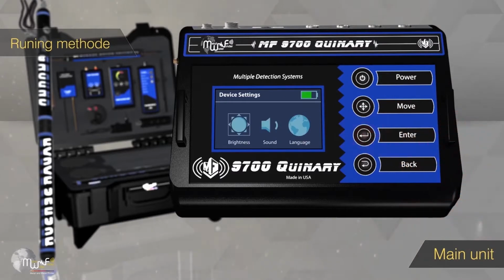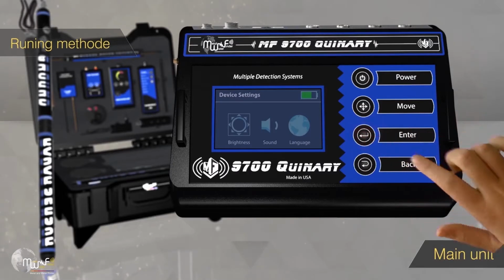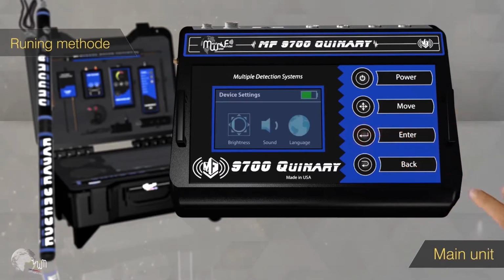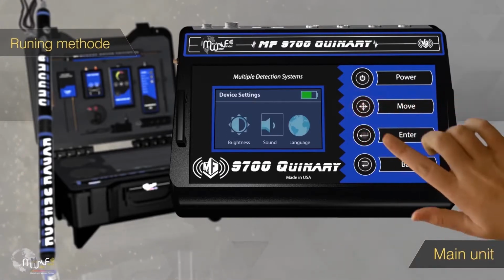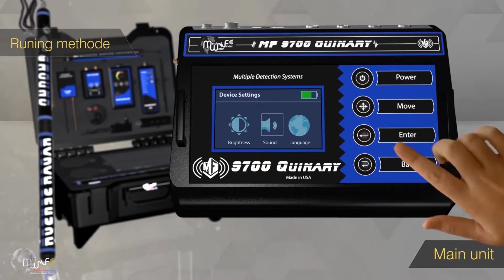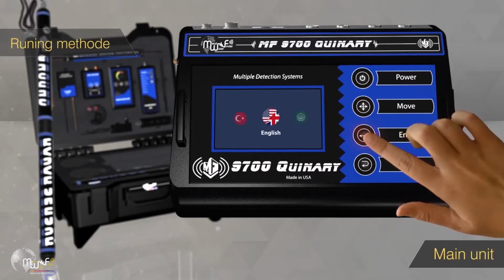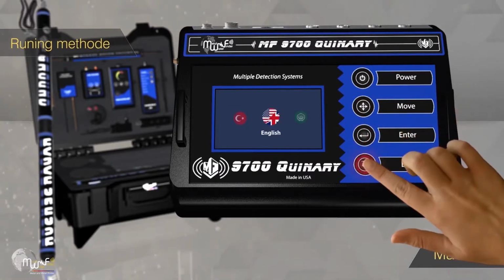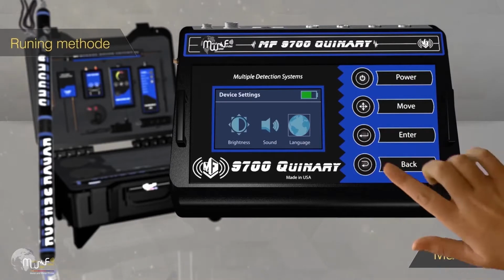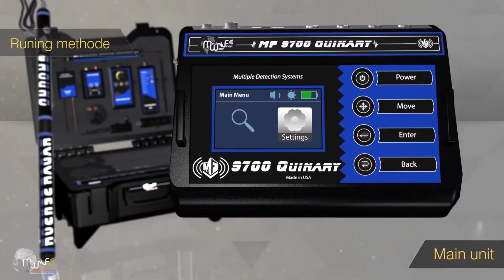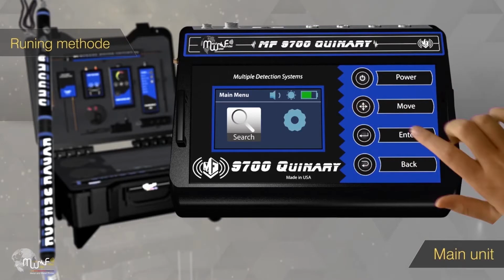Device general settings include control by level of screen brightness, control by the sound level, control of the device main language, then go back to the main menu and select the search system icon,